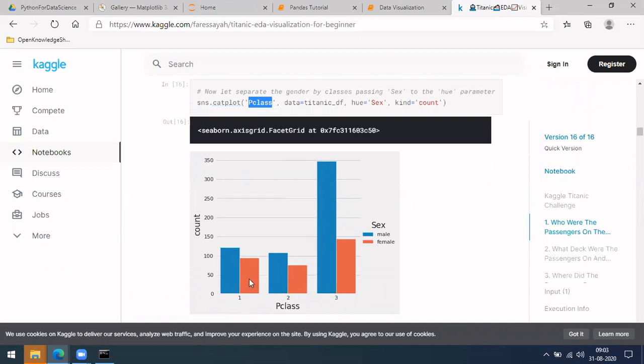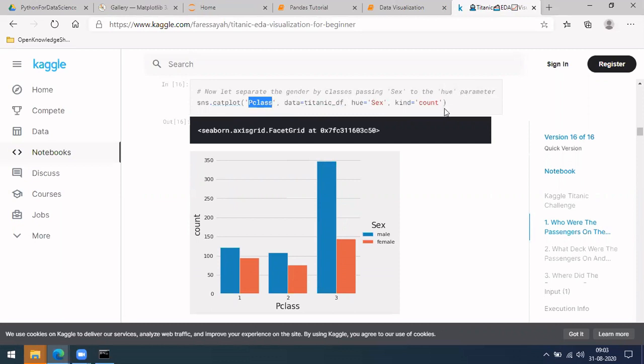This has slightly different male and female, but there is a large variation in the number of male in third class. For that, in hue you have to give the column which you want to plot in every subdivision, and you plot it here.